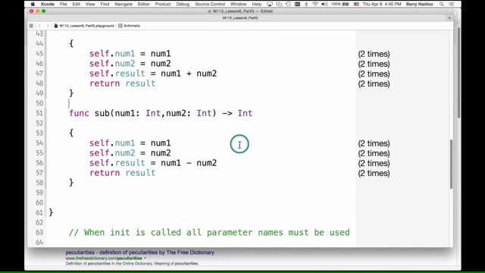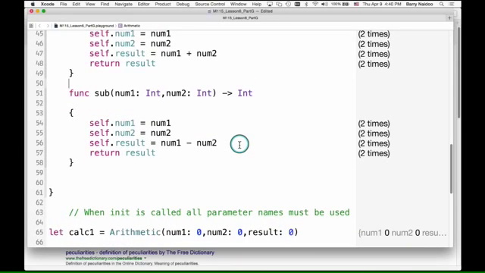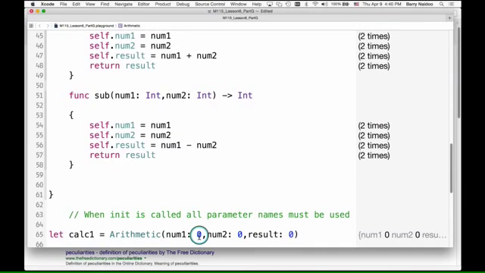Let's create objects of this class. So I'm creating an object called calc1 of class arithmetic, and I want to initialize the properties with all zeros. Now, whenever you want to initialize the properties with your own values,